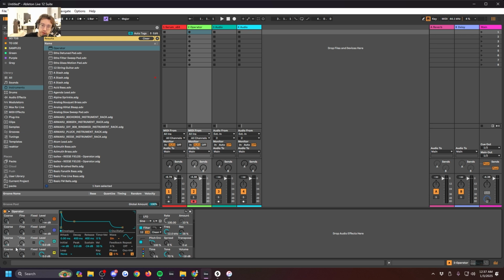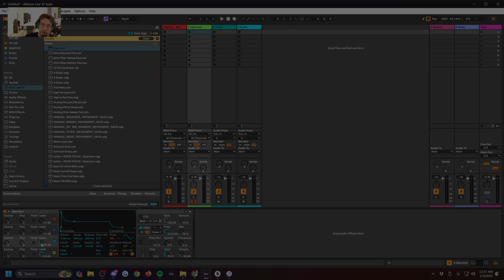I discovered this when I was trying to make a log bass, like a piano kind of log bass, if you're familiar with that, and all the tutorials I was